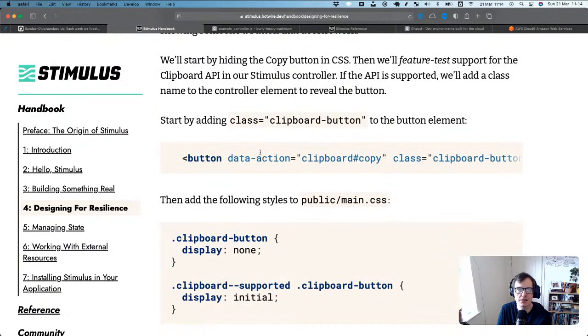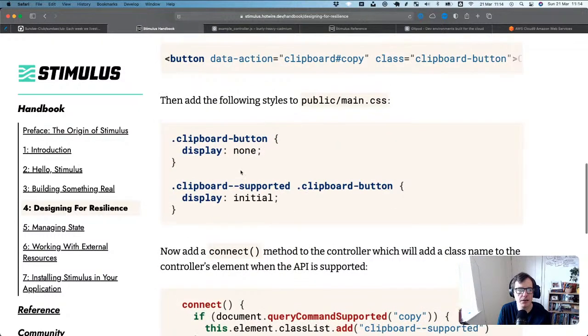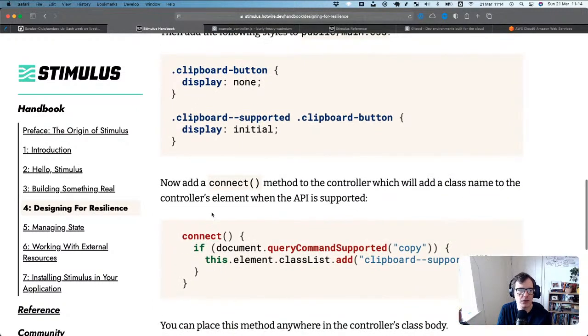Start by adding the class clipboard-button to the button element. So that only hides it. Yep, display none. Then add the following styles. Clipboard-supported. Okay, that then shows it basically. So it's hidden here if it's not supported by default, and then we're going to add these